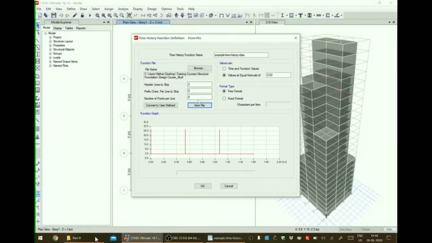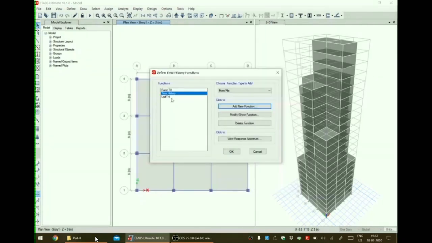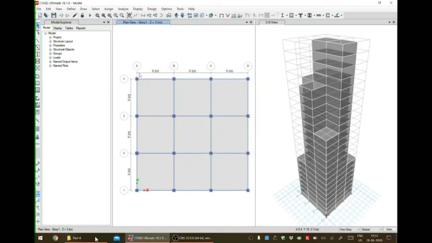So first 9 lines have to be skipped. So now click on OK. So we have created the time history. Click on OK. So we have defined the time history function.